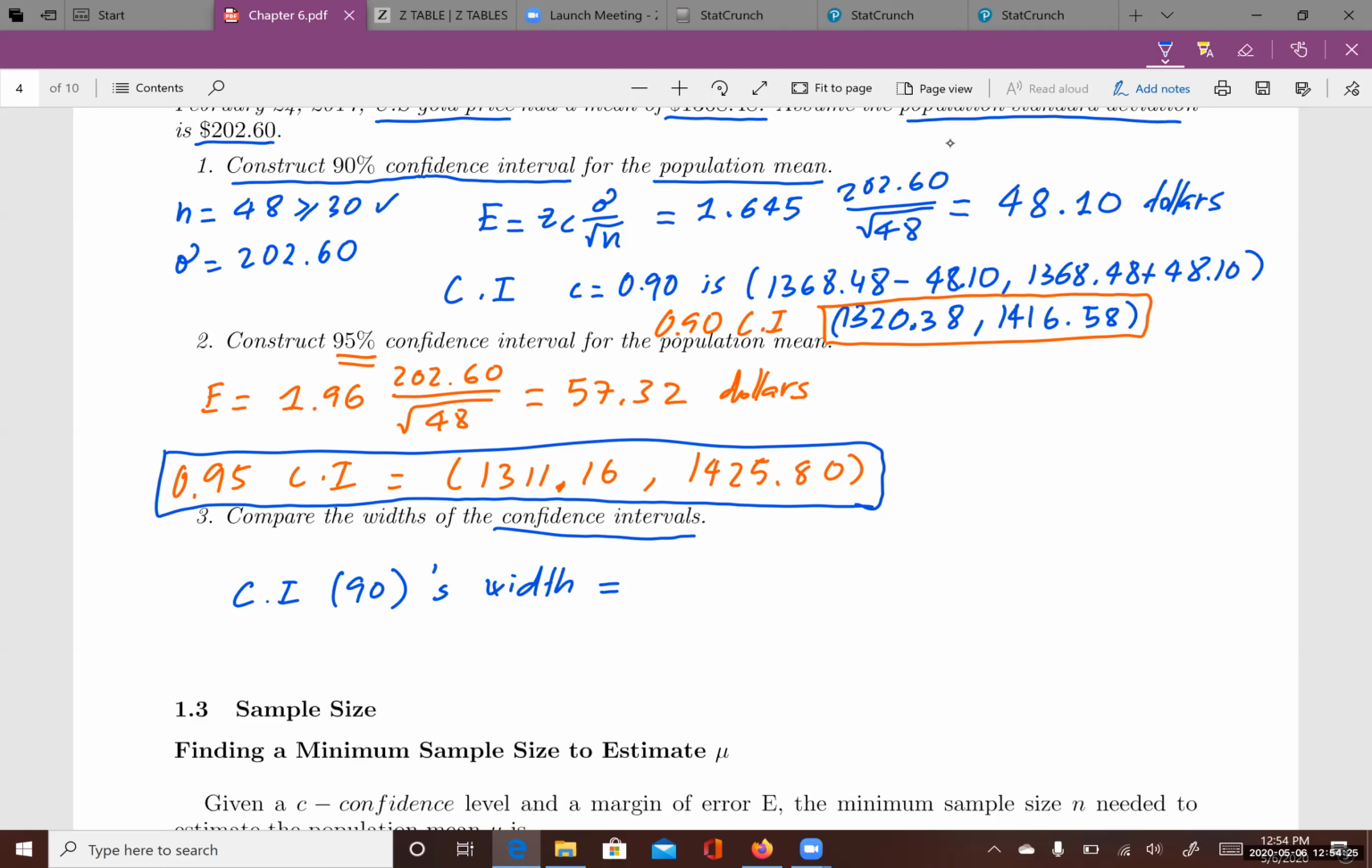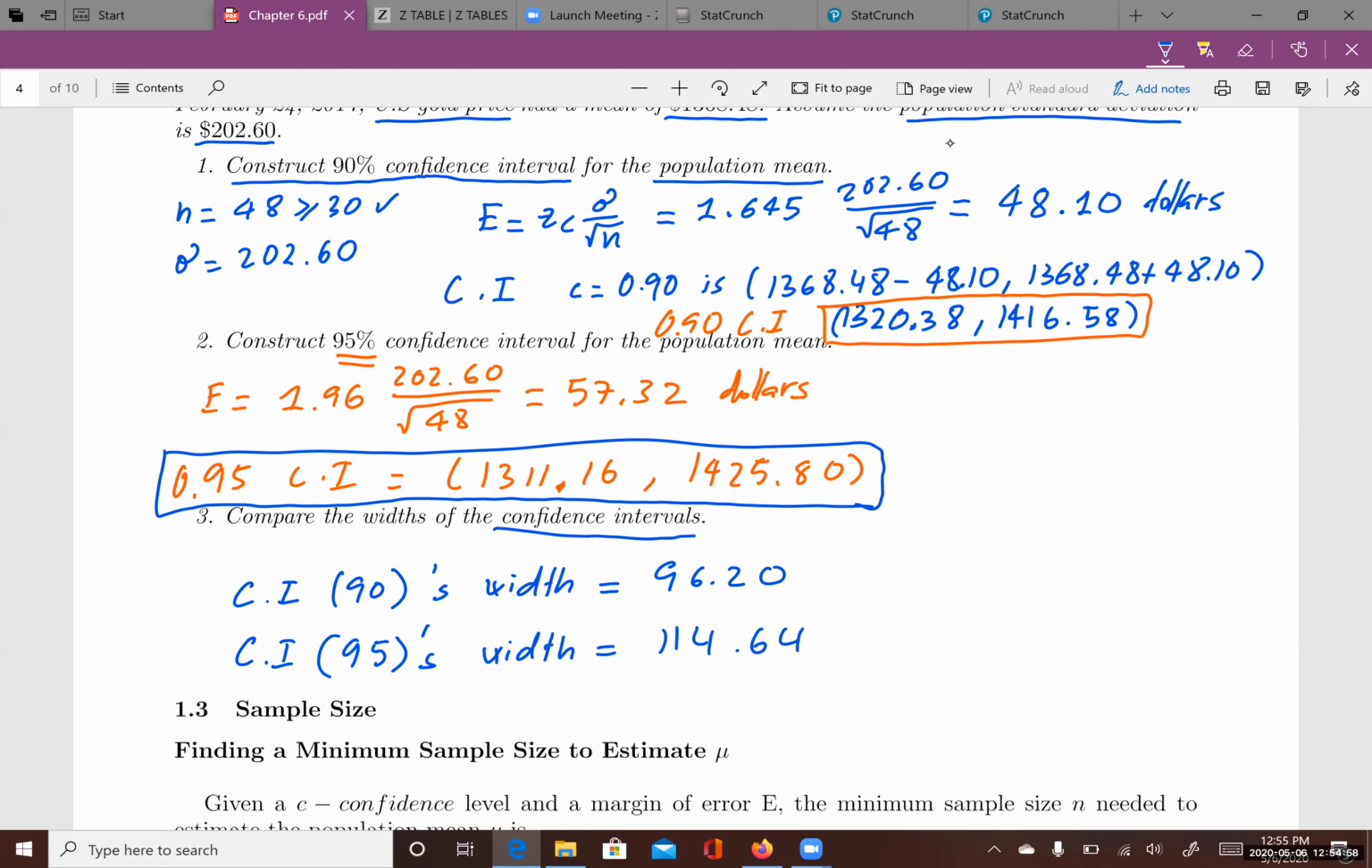So the width is just 2 times the error, and it's 96.20. And the CI 95 width is going to be just times 2, 114.64. And you can see that the width of the 95% is bigger than the width of the